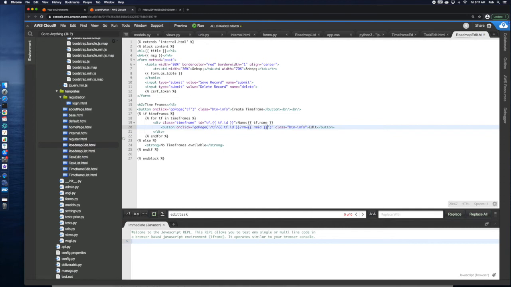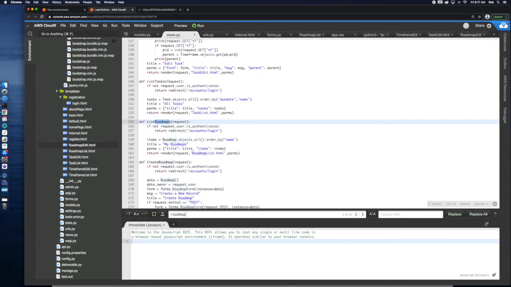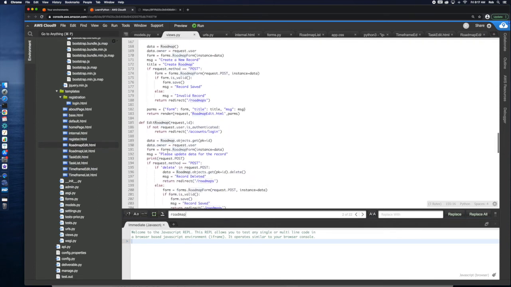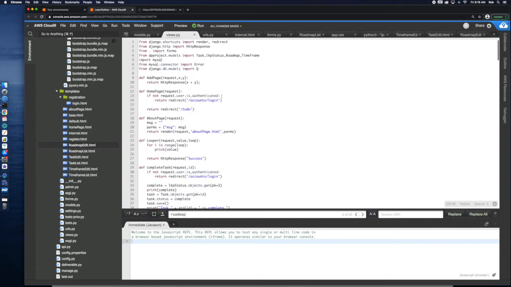So that means when I go to roadmap edit in my views, roadmap create, edit, and then here, I'm going to send my current RMID, and I could do this a little differently, but I'm just going to do it this way. It's a little easier that way. I'm going to come in and do that is equal to ID. That's right, because I already passed it in. So I'm just going to pass it through. And so now, when I do edit time frame,